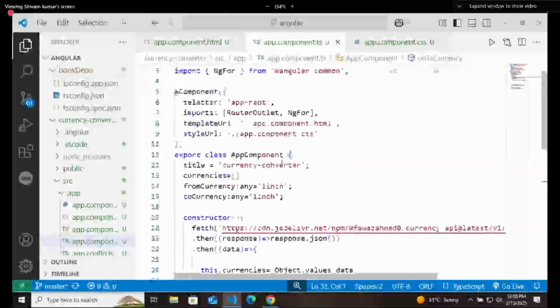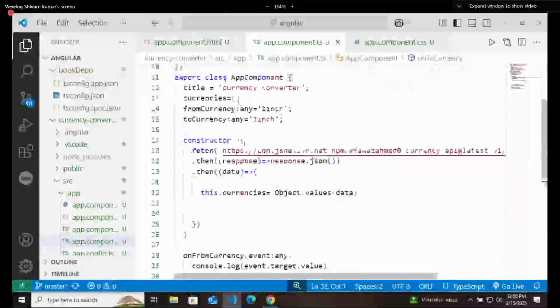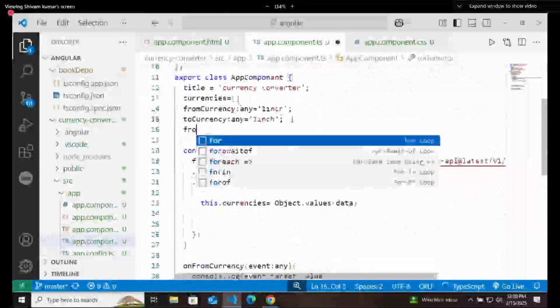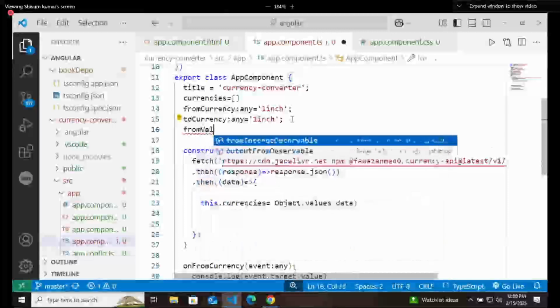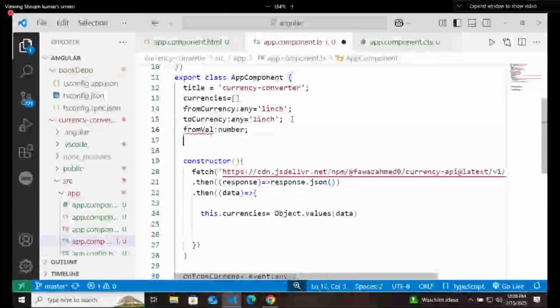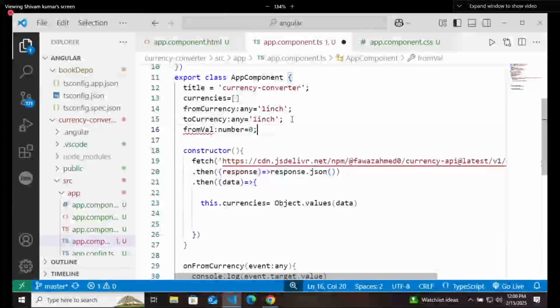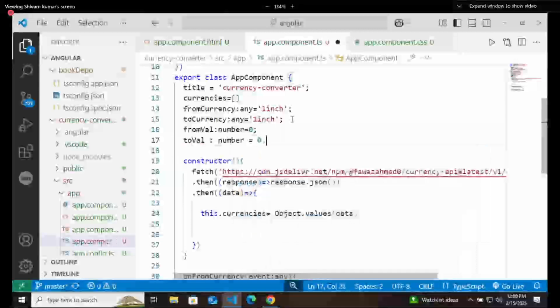Now you should declare these two things also, that from val, and it is going to be a number, and you can set the by default value to 0. Then you have a to val, it is of number, by default value 0.